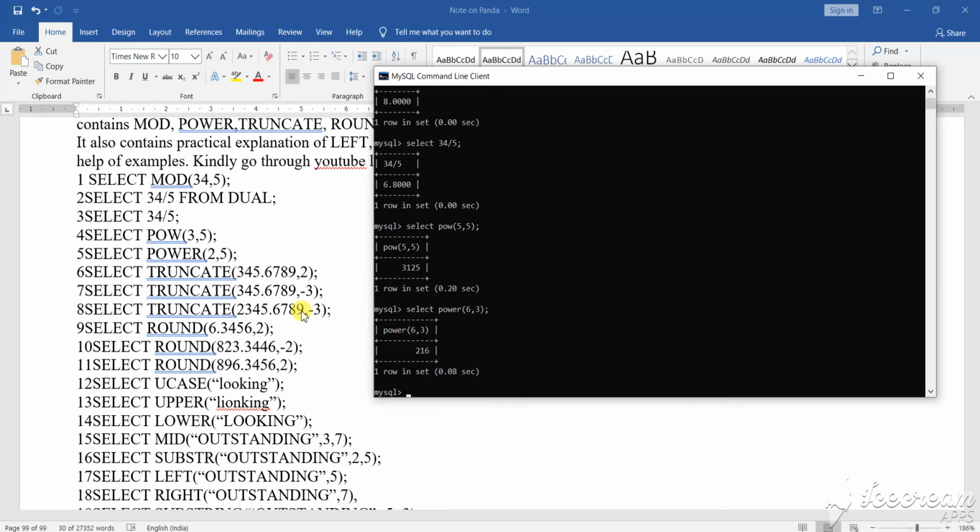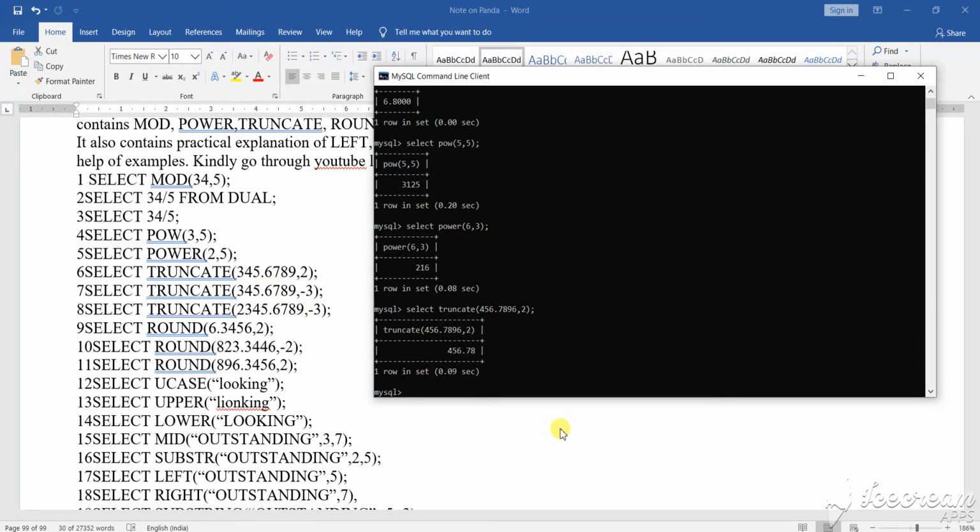Now I show you another one, that is truncate. SELECT TRUNCATE. Suppose I am taking one value, 456.7896, comma, suppose 2, semicolon.